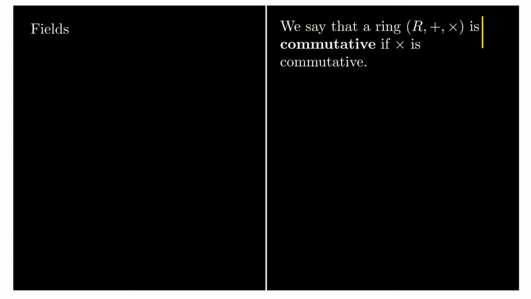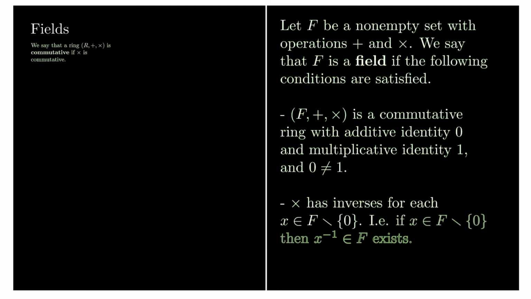So we don't need to say that, but since the multiplication operation might not be commutative, and by the way, now's a good time to note that matrix multiplication is not a commutative ring because matrix multiplication is not commutative. But when the multiplication operation does commute, like with the integers or lots of other number sets, then we say that the ring is commutative. With this prerequisite definition established, we can now say what it is to be a field. So now let's say that F is our non-empty set